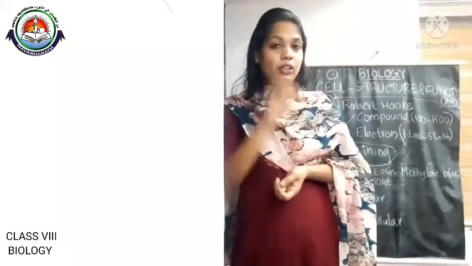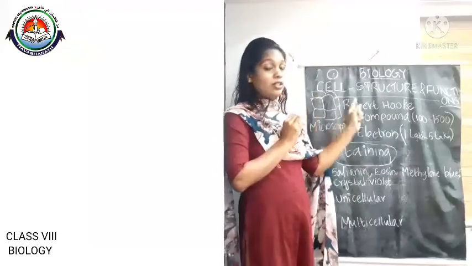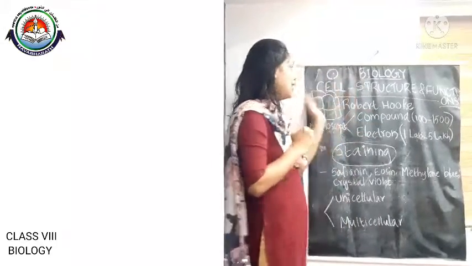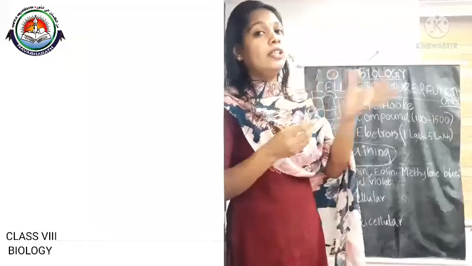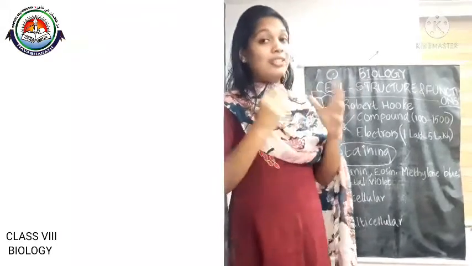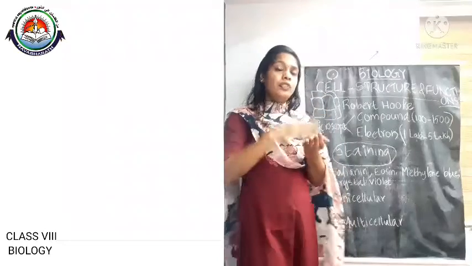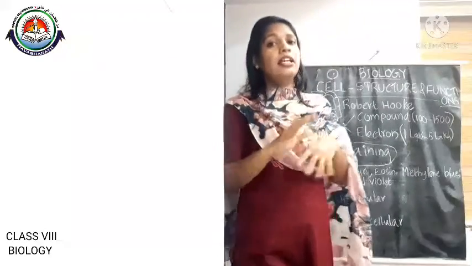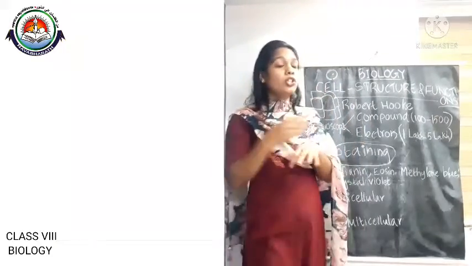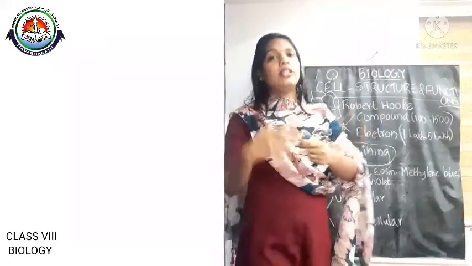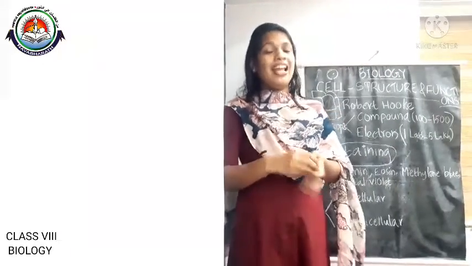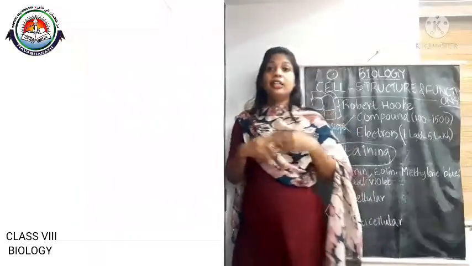The cell which was discovered by Robert Hooke is the dead wall of a cork cell, and it did not contain any living thing inside it. It is only the dead walls of a cork slice. And for about 150 years, there was not much discovery about the cell. After the invention of the compound microscope, the details and functions of cells were discovered. Cells can be seen under the microscope.